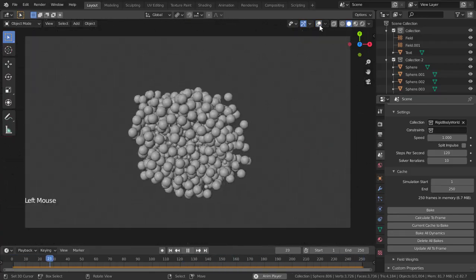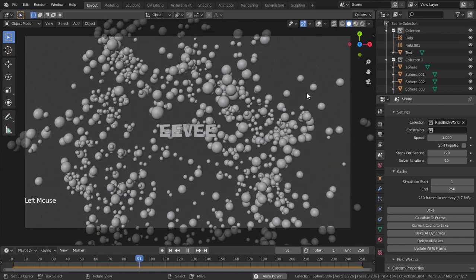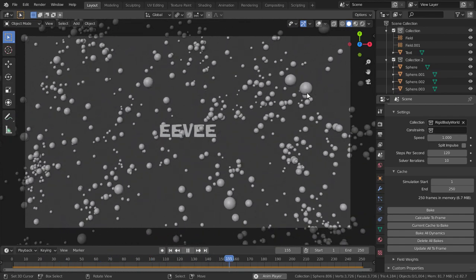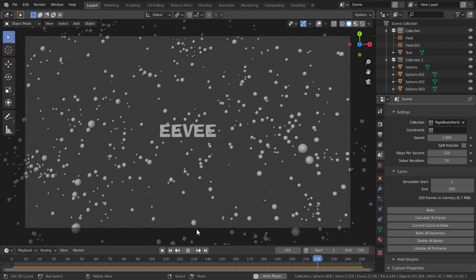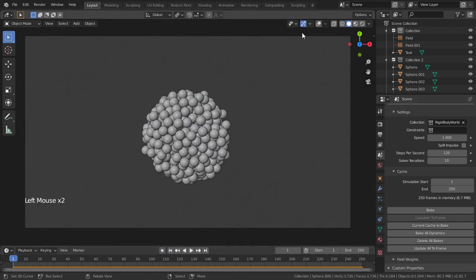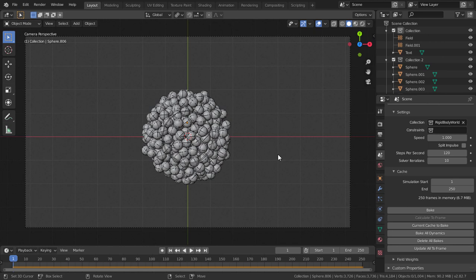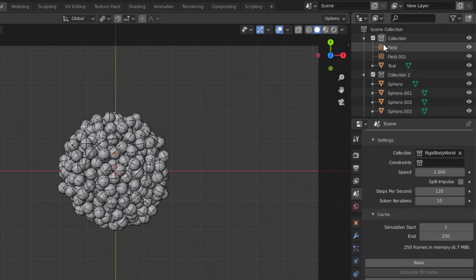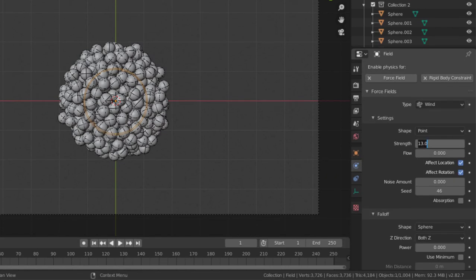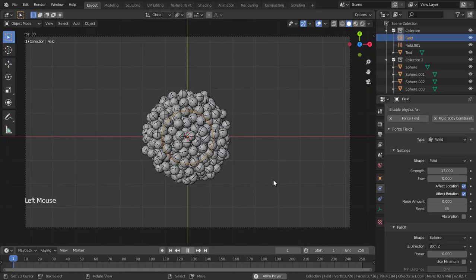Increasing the frame rate will always affect the Blender physics simulations. You can see this simulation is totally different from the first scene we created with 24 frame rates. We need to get the animation like how we did it first. To do that, select your wind force and change its strength value to 17. Now click the play animation button to re-simulate.